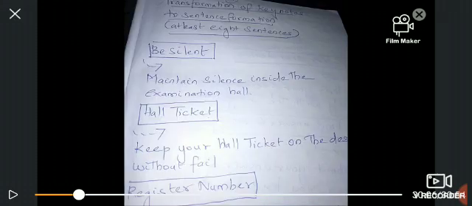Now let us see how we are going to write. Now let me tell all the key points. Be silent, hall ticket, register number, question paper, avoid malpractice, clear your doubts, then submit answer scripts, follow instructions of invigilators. Next, how we are going to frame those imperative sentences using the key points. That is very clear here. See, I have given so clearly, and you are writing this, that is transformation of key points to sentence formation.